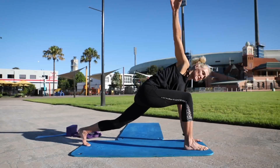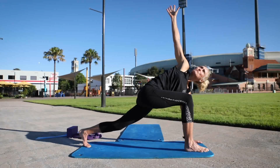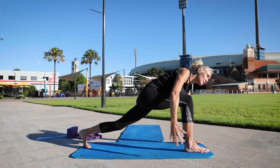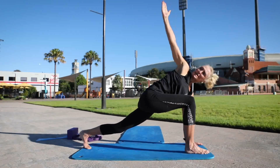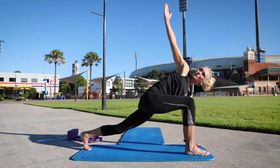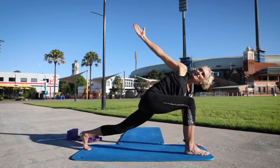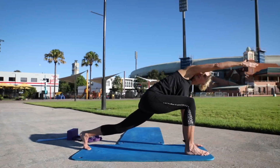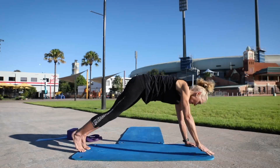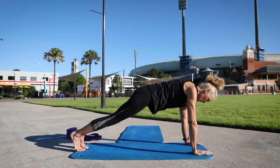Let's come into a twist as well. So reaching that right arm up towards the sky, feel that wrapping through the core. Take that arm behind you and then reach it forward. So we'll do 5 rotations through that shoulder. Inhale, exhale, inhale, reach it up. Exhale, plant that hand down, take that front foot back, hold your plank for the count of 5, 4, 3,